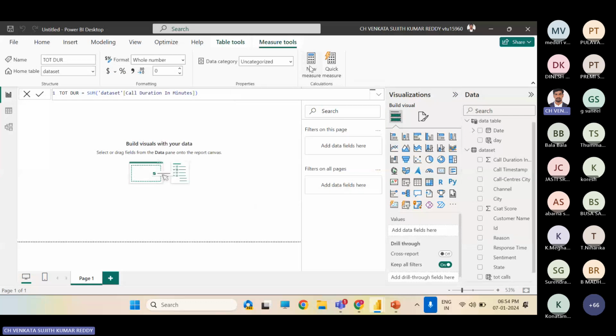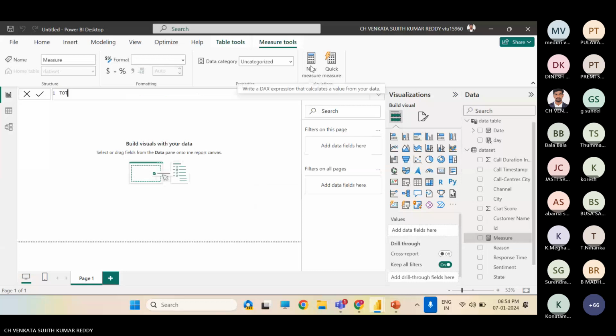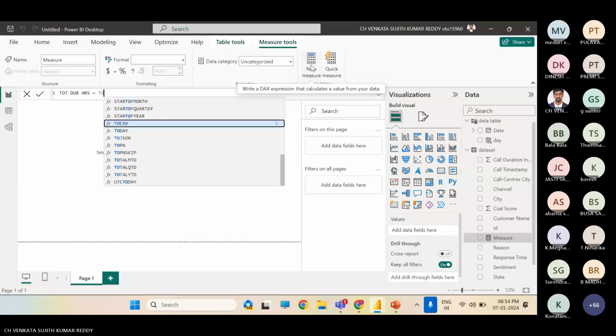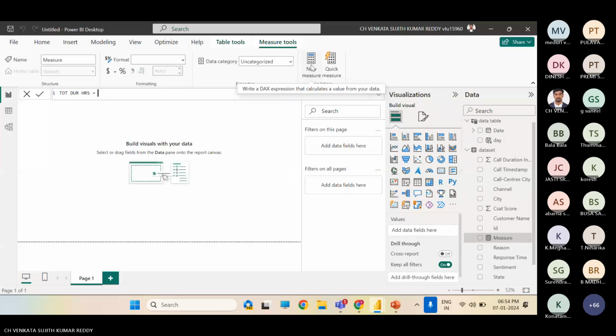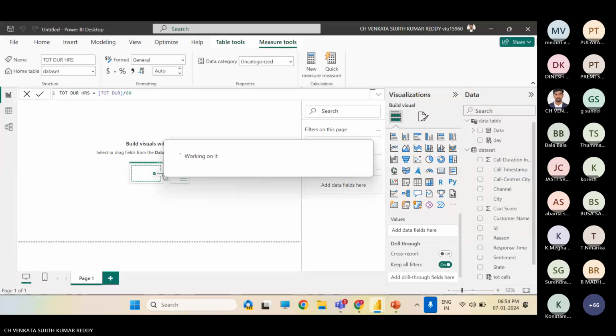Next, I want call duration in hours. We already created total duration, so simply total duration divided by 60, since it's in minutes and I need to convert it to hours.